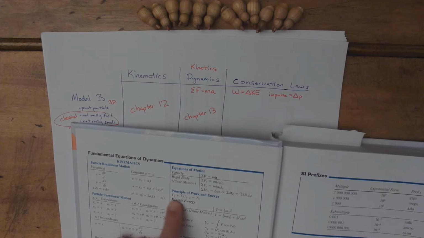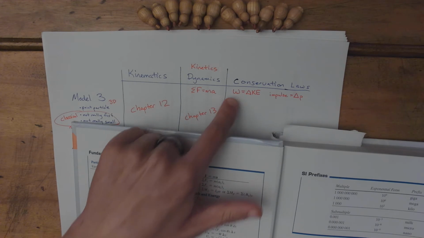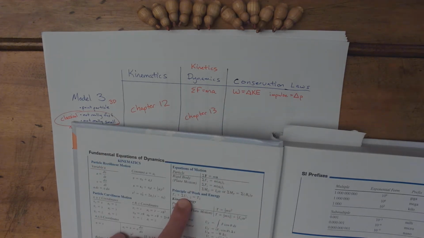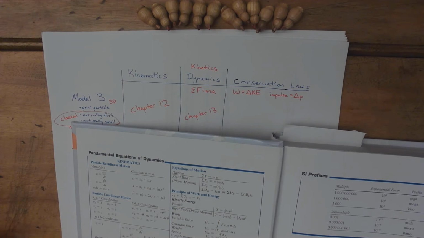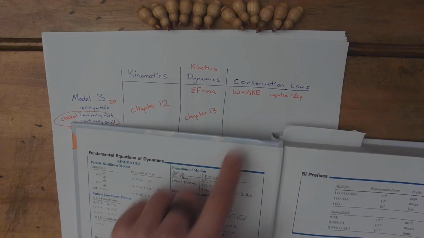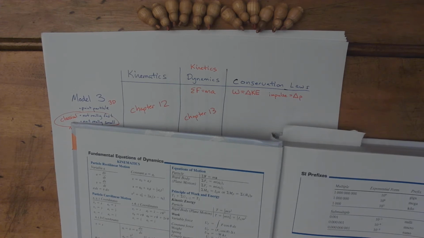If you bring the T1 over to the other side, that'd be T2 minus T1. That's the change in kinetic energy. So they're using a T for kinetic energy. And then here I just called it the work, but they're saying the sum of all the work, which is what this really is. If you remember back in Physics 161, we had different equations for work and energy. Sometimes we use the total work, sometimes we use the work done by non-conservative forces. I'm just going to kind of brush over that now and basically just want to point out that these equations are the same, but the letters that we're using in dynamics are sometimes different than the letters that we